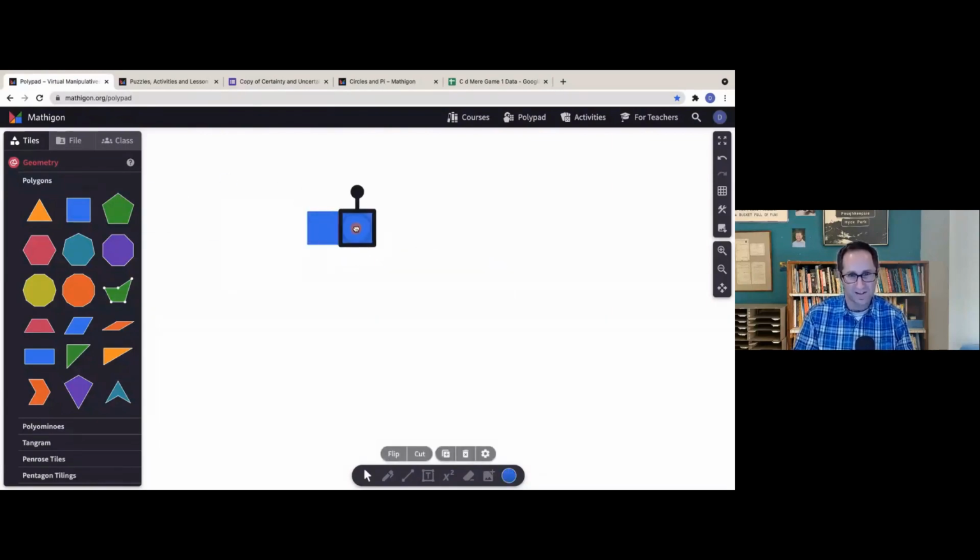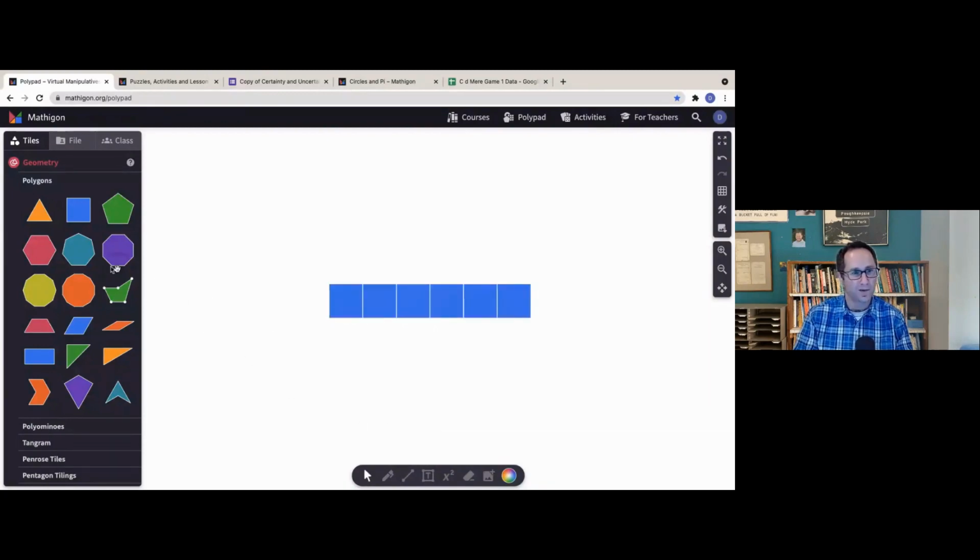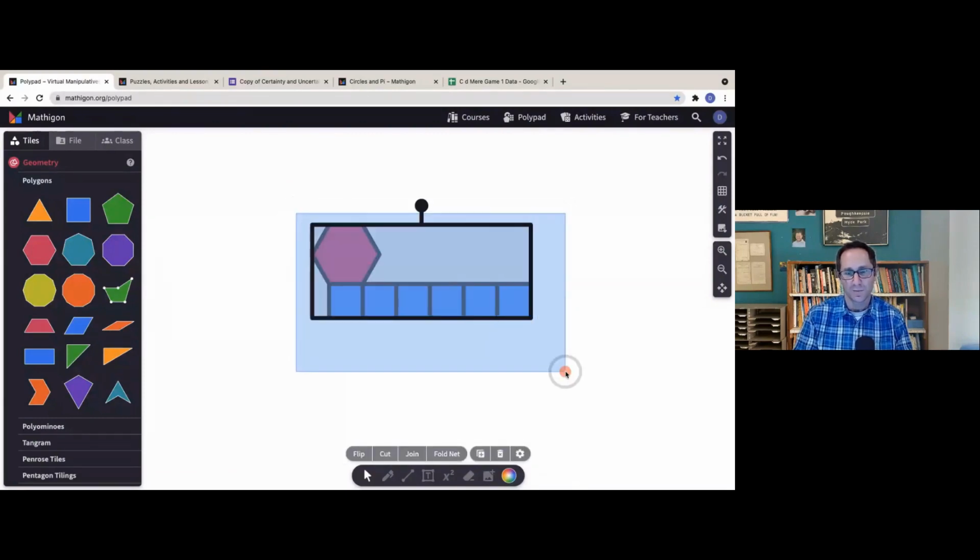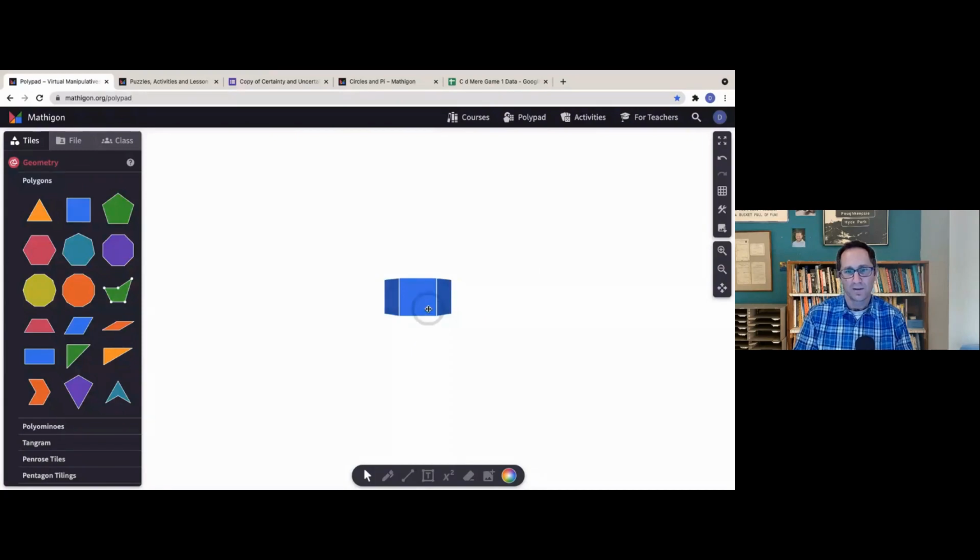If I put 6 in a row, you might have a prediction as to what might happen. I'm going to ask you some questions in the chat in a second, but let me just show you what happens with 6. I can fold those together. There's some overlapping going on, right? So those squares, as they fold together, overlap right there. But if I put a hexagon on and then fold them, I have to unfold this to get all the pieces. And now I fold them. There's the prism without the bottom or the top.